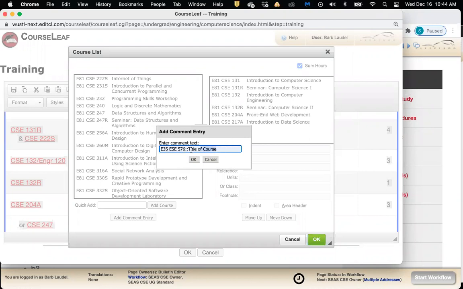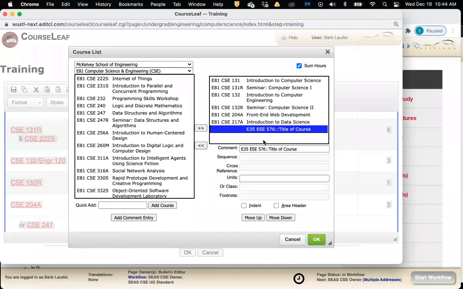And obviously title of course, I mean the actual title of the course, not these words. So once I've typed that into the box, I'll click OK, and it's going to look like this. It looks a little off in the interface. Don't let that throw you off, but that is what it's supposed to look like. Now here, because it's a new course, is a good place where you can type in the units.